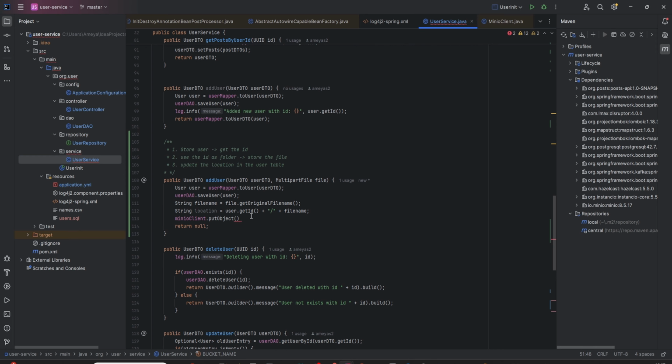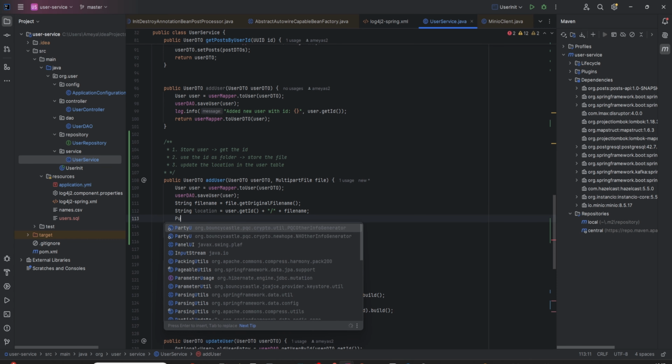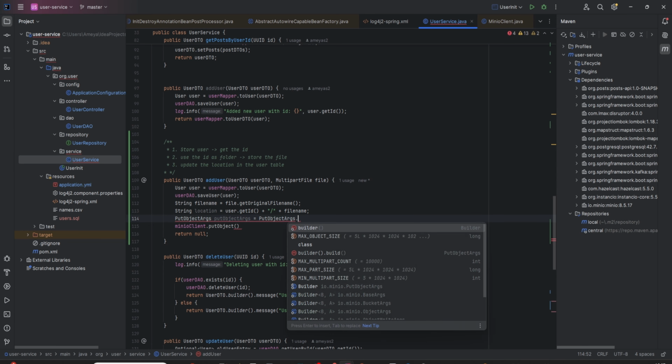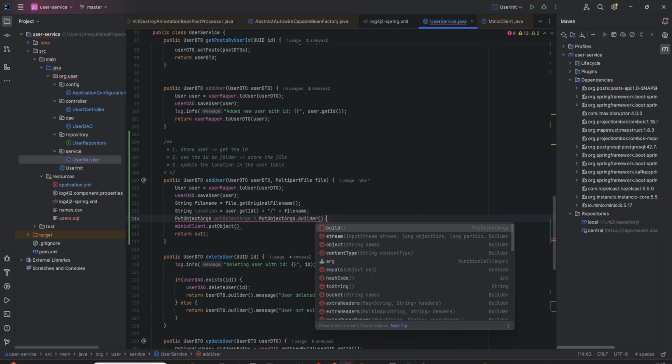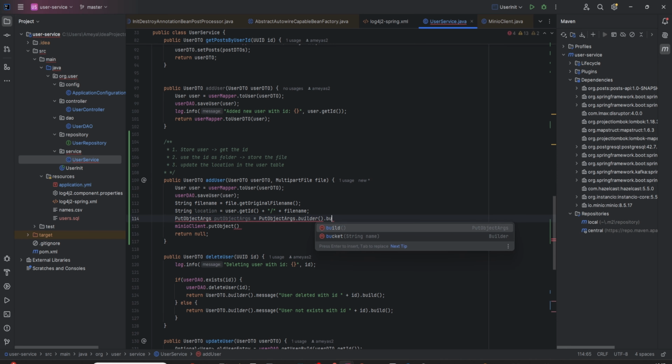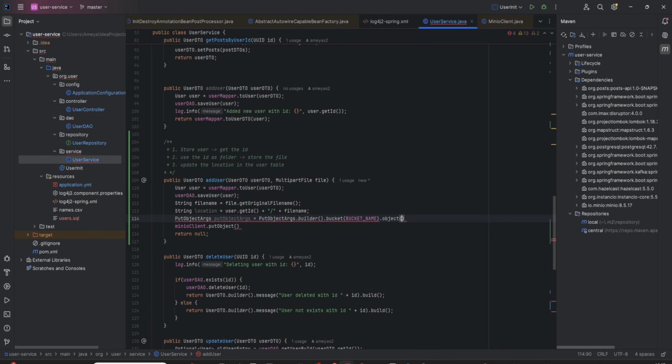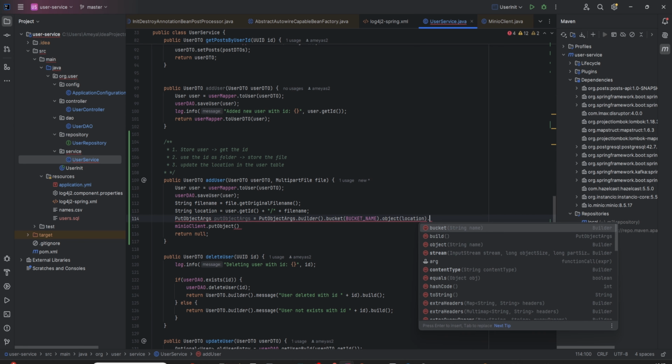And let me create put object args that will be equal to put object args dot builder dot bucket. We'll have a bucket name dot object, that is the location that we'll be providing, and it'll have a stream,